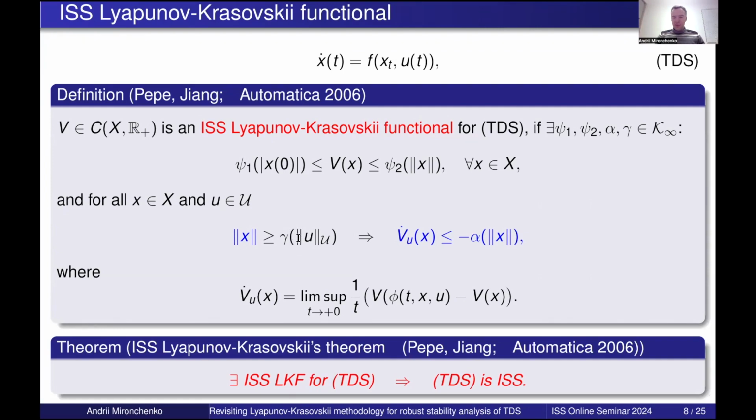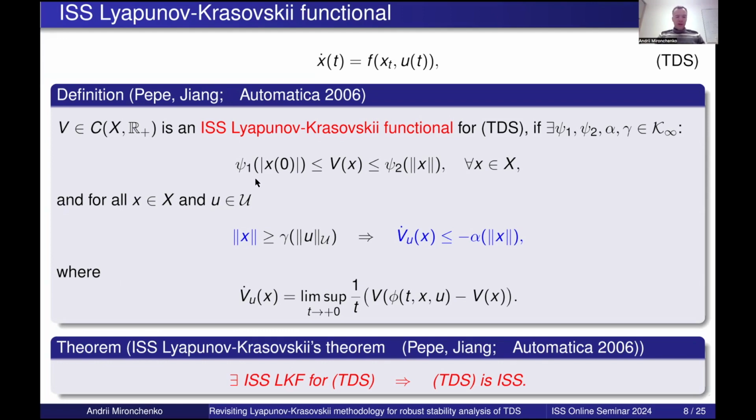the norm of the input, then the derivative of the Lyapunov function along the trajectory, the Lie derivative, is negative and has a uniform decay rate, which depends on the norm of x. So basically, it has quite a strong decay rate in terms of x, not in terms of the right point, let's say the current position, but in terms of the whole state. And we need this decay, according to this definition, if the whole norm of the state is larger than the norm of u. Okay, so this is the definition which was introduced in a paper by Zhang in 2006, and one